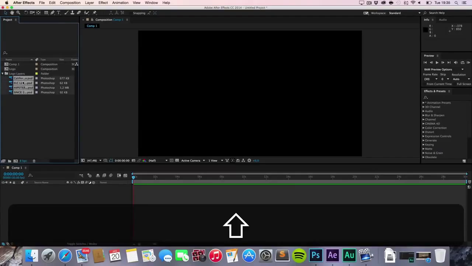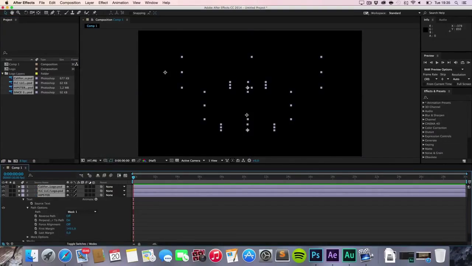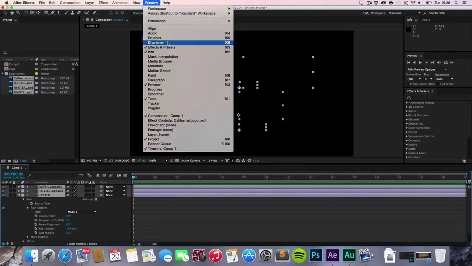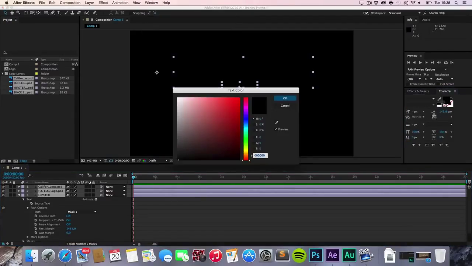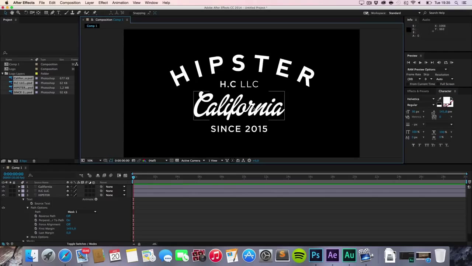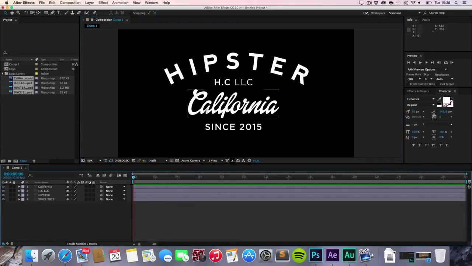Now open this one, drag everything from here inside here, right click, convert to editable text, and now let's see where this window is. Character, where do we have it? There. Make it white, and there we go. We just imported our font, and the great thing about this now, I don't really like working with fonts and stuff, and